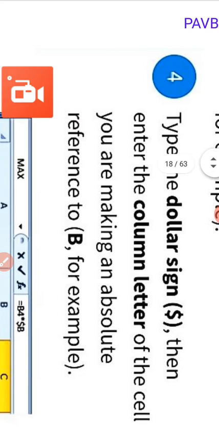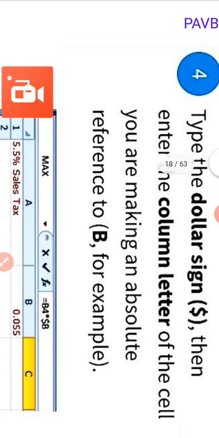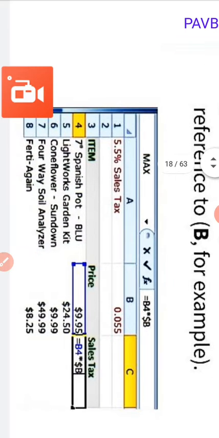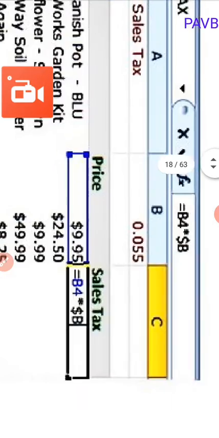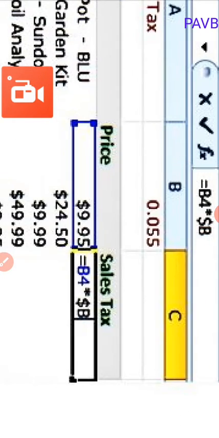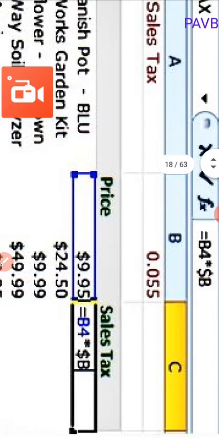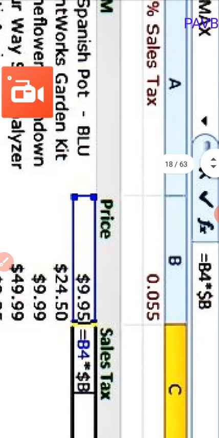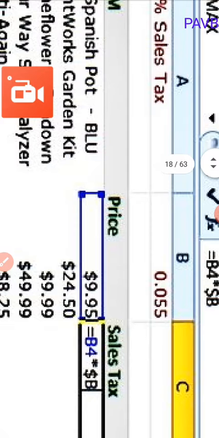Step 4. Type the dollar sign, then enter the column letter of the cell you are making an absolute reference, for example B. What is the value of B4? $9.95.